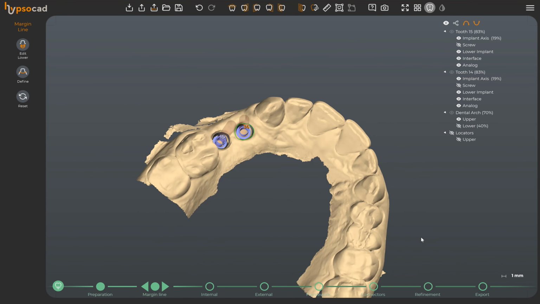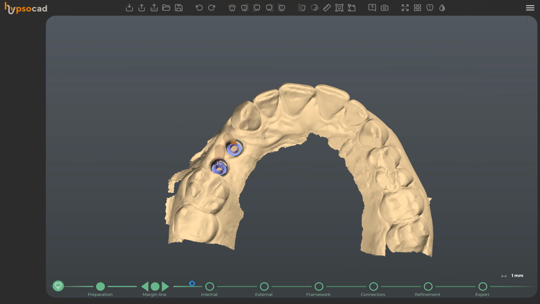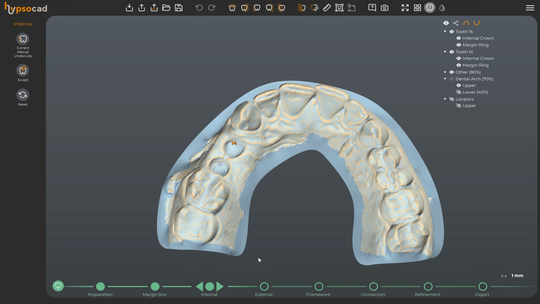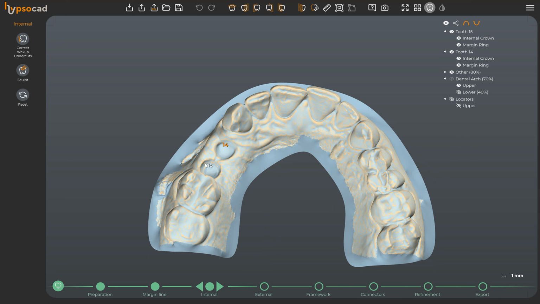At this point, we switch to Internal. During this step, HypsoCAD creates a new mesh. We can use this mesh to correct the undercuts of the arch. We have two options. Either we switch to the external step without compensating for the undercuts, or we open the